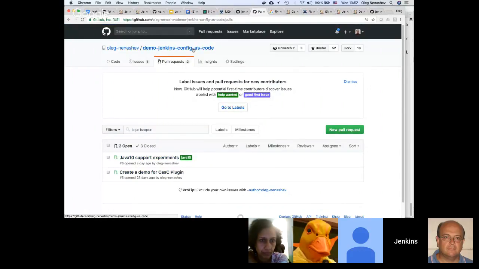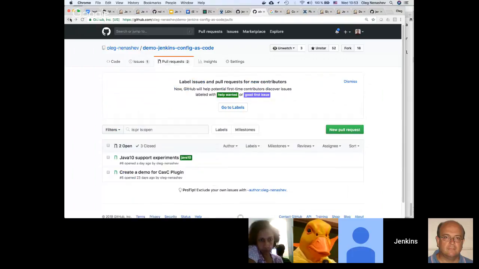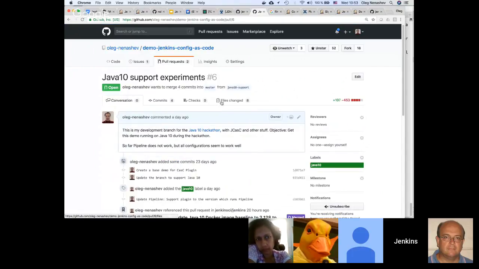This is a pretty big project because it demonstrates development of pipeline libraries, and it uses CI Jenkins IO, our internal CI instance, as an example. So it has a lot of different configurations, like init scripts, and in the branch I'm demoing also the configuration as code plugin being developed by Nicola.